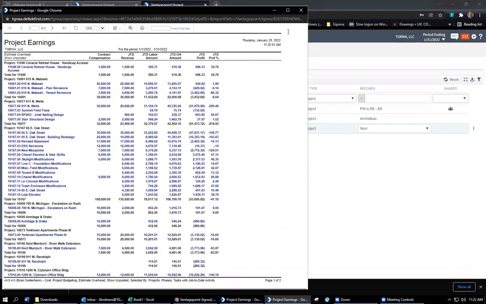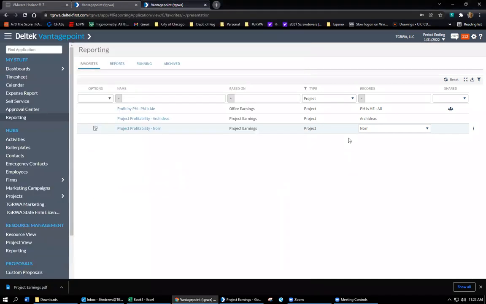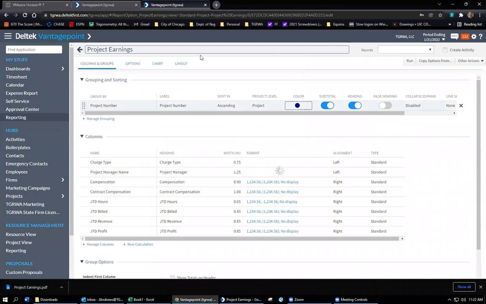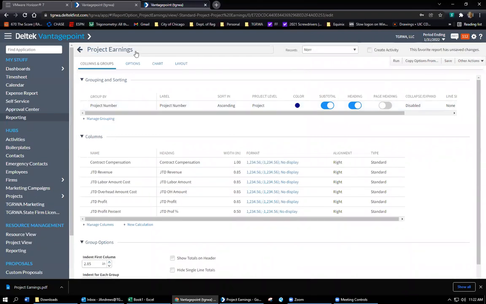Okay, that gives us the report we were talking about. So you could create, if you wanted to, a report for any of the clients that you wanted to. You could also change your search